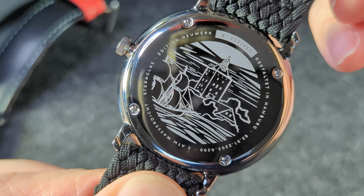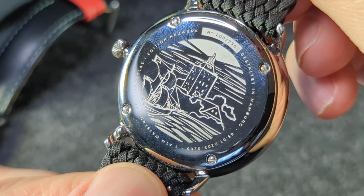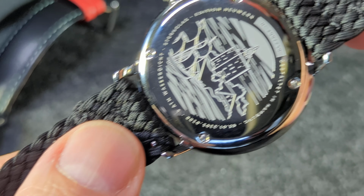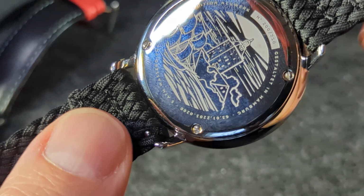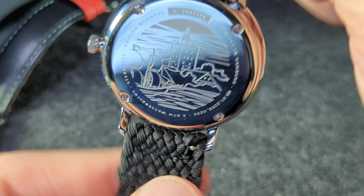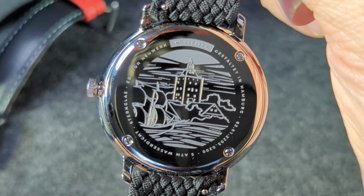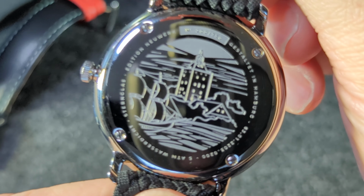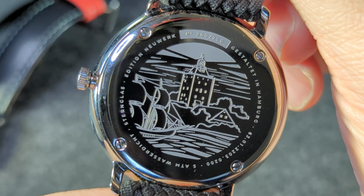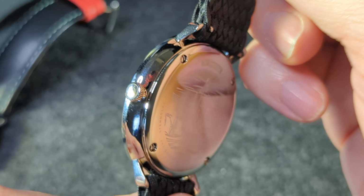And this is the edition Neuwerk. I'm not too sure what that means. This is number 200 of 750 made. 5 atmospheres of water resistance. Manufactured in Hamburg. So I'm guessing Neuwerk is the location of that lighthouse. I think that's a lighthouse with a ship. Yeah. Really classy,